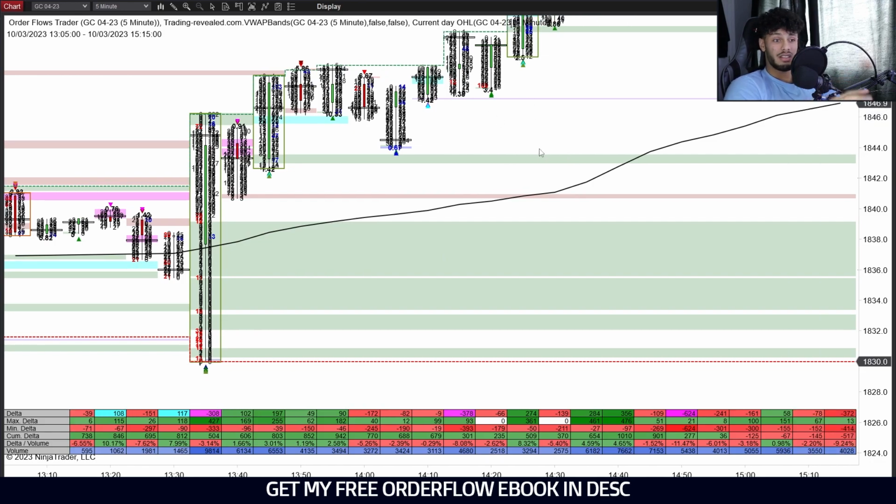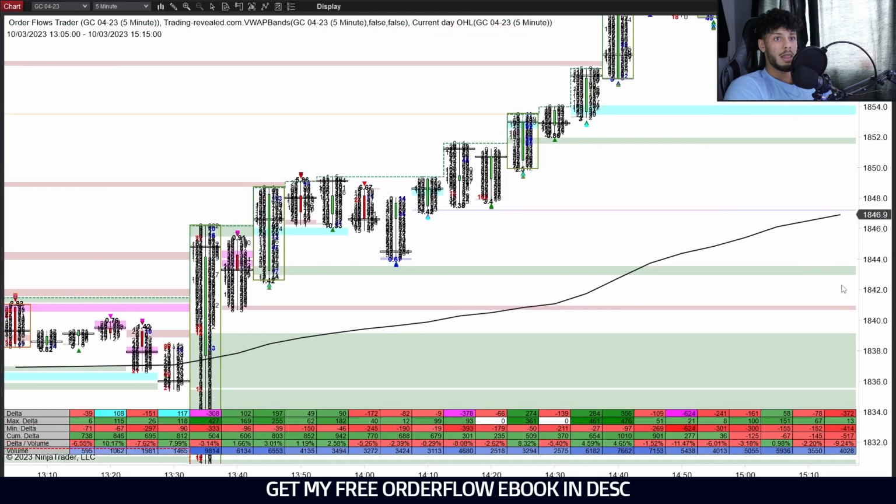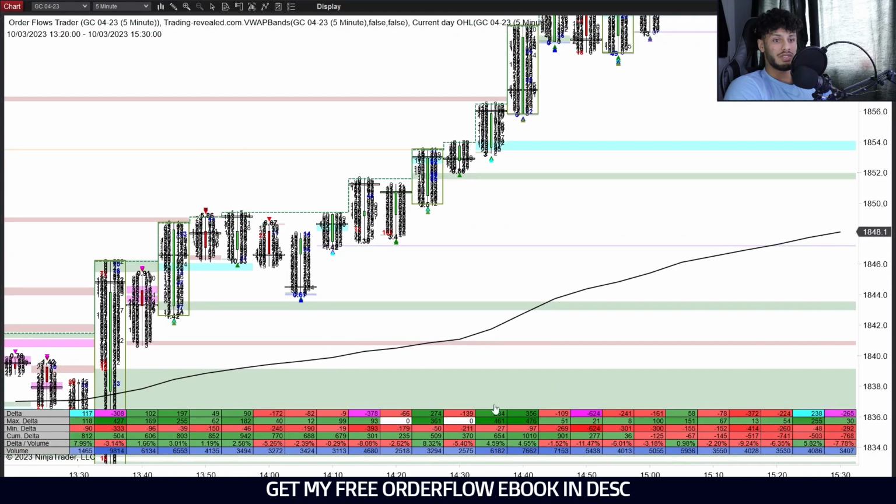But this right here, this is the first identification. This is the first kind of hint, the first clue that the market is actually not that strong bullish. I don't see the market being that strong. And if I was in a buy position right here, I would be very, very careful. I probably would be at break even right here, and I wouldn't expect the market to move up too much. Anyways, as we continue along, you can see we start getting a little bit more strong deltas right here,